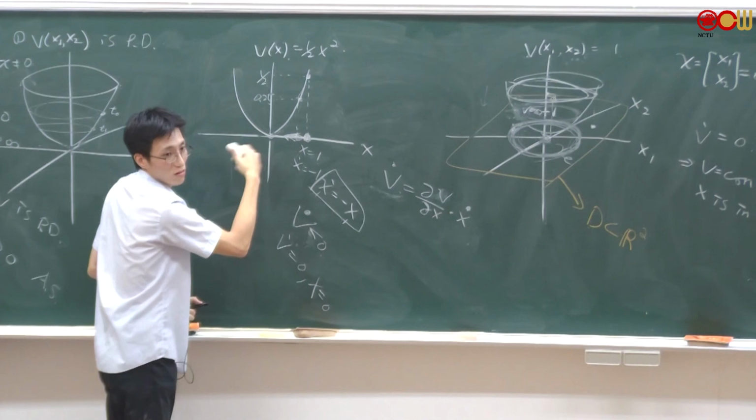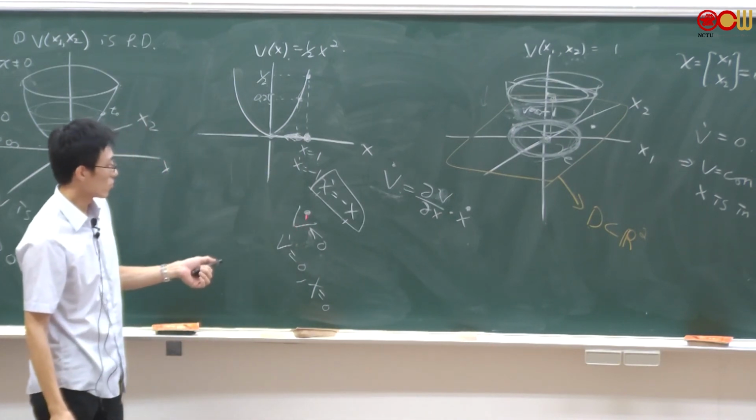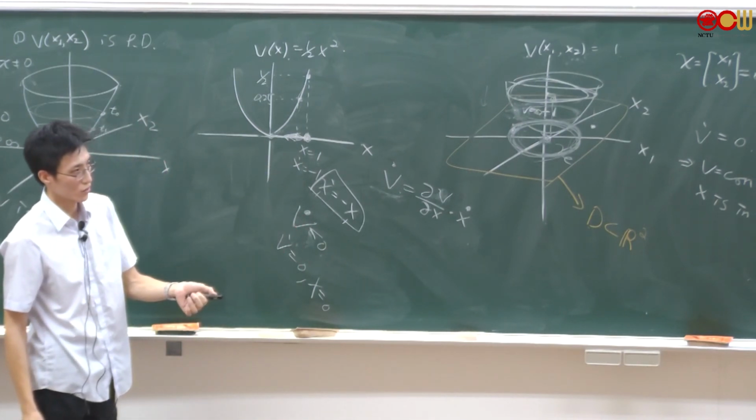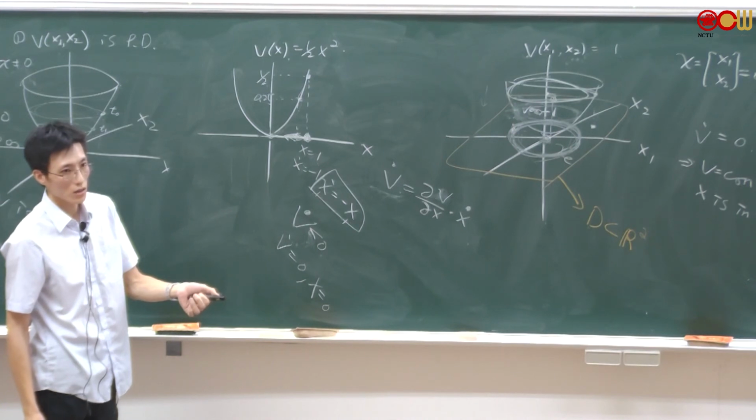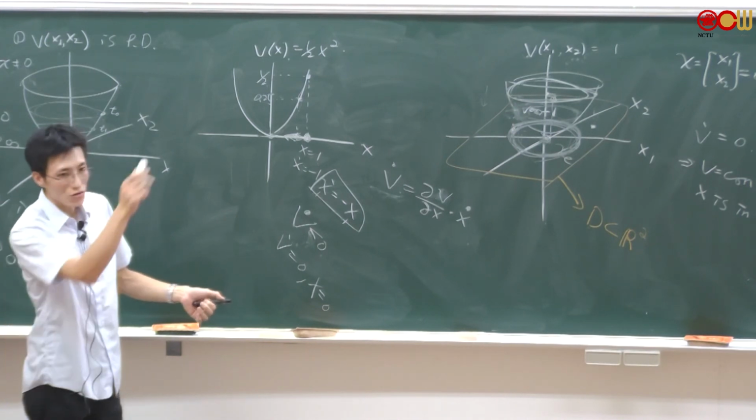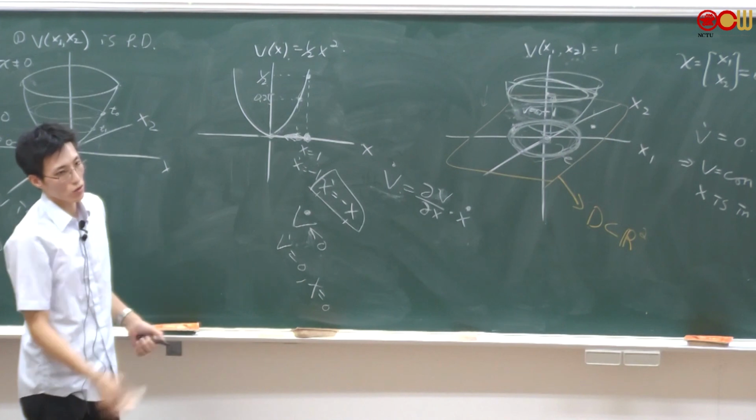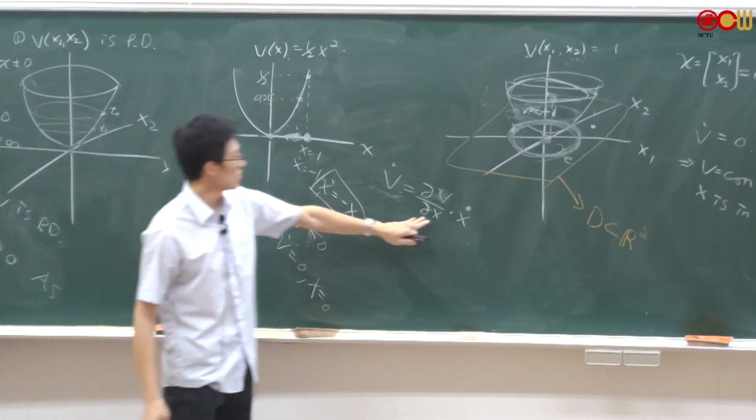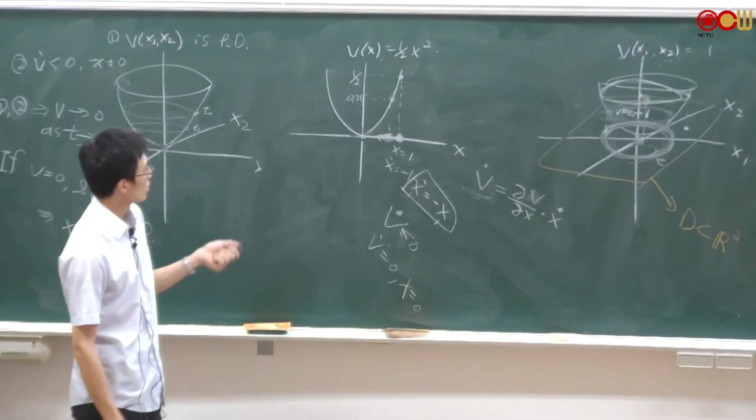The slope is 0. So that means your V dot will be 0. That's why we exclude 0. Okay, 看到吗？一个 function 的最小值，它的 gradient，它的 slope 不是 0 吗？它的 slope 是 0，那 V dot 一定是 0 嘛。